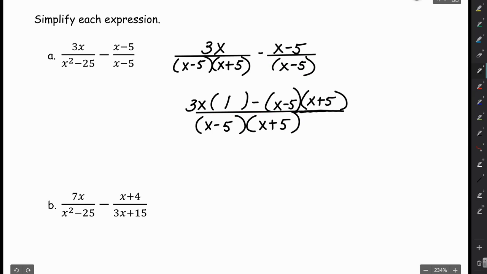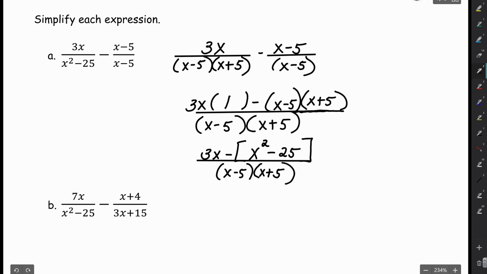All right, now this is where you have to be really careful. So first of all, we're going to clean up that numerator. So 3x times 1 is 3x minus. Now I'm not going to even worry about that minus yet. I'm just going to multiply x minus 5 times x plus 5, which is going to give me x squared minus 25. And I still have x minus 5 and x plus 5